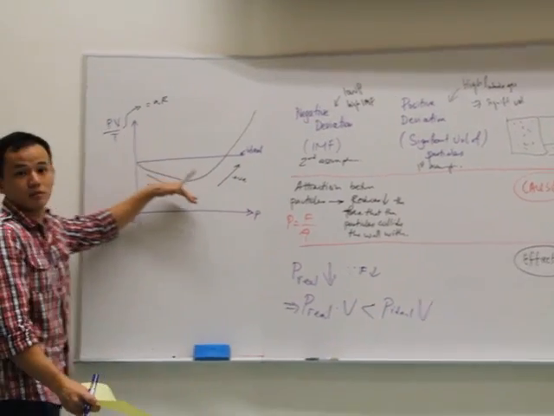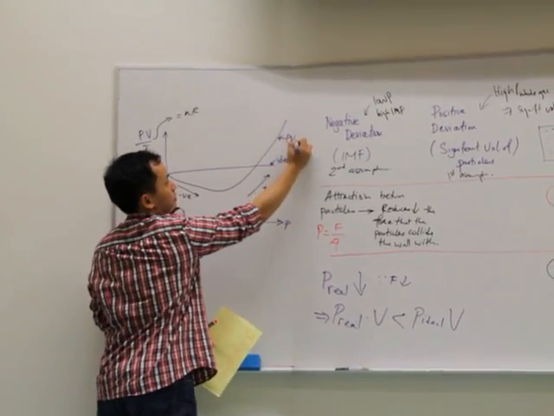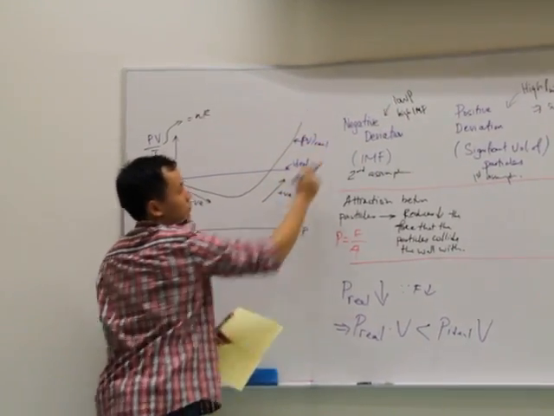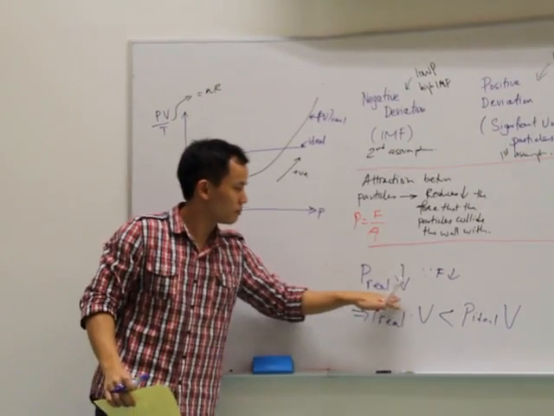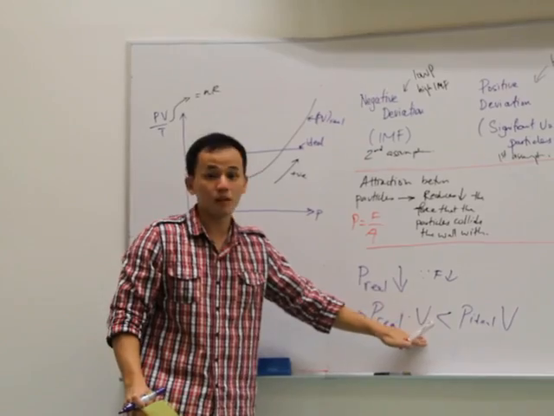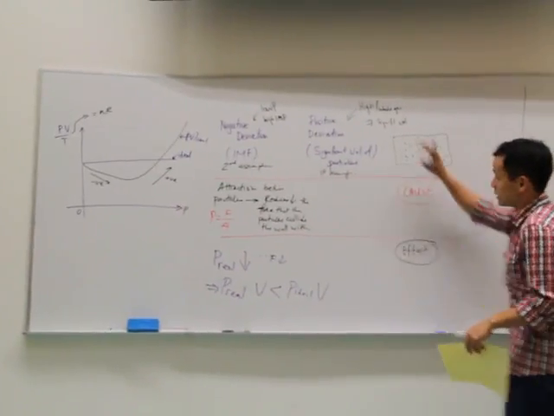That is why it goes down. Because this line here is PV for the real gas. For the real gas, the PV actually drops because initially your P real drops. P real drops, so your P real times V is less than your P ideal times V. That's the first one. In the second scenario here,